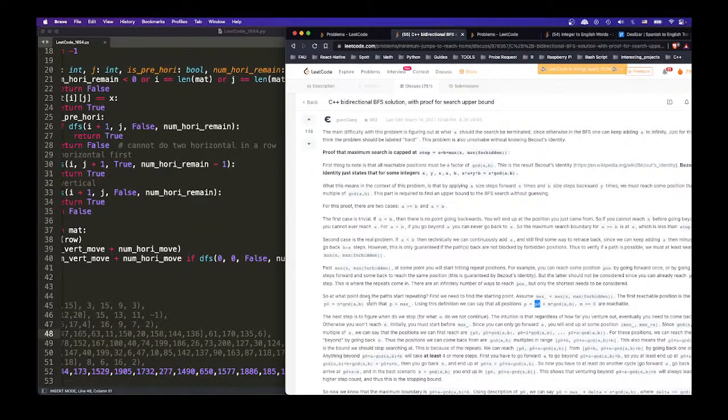Now we know that beyond the forbidden, we can always come back. The problem is if we can reach a certain position the first time, we will be able to reach it again from coming back, because all that is to it is a multiple of GCD, right? It's just a multiple of GCD. We add some and then we minus some, right? So I'd say this is the impossible, this is the forbidden,